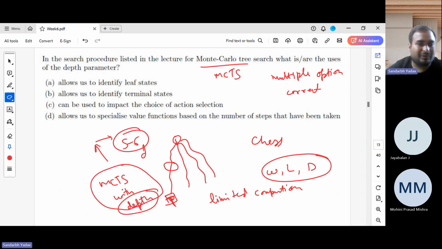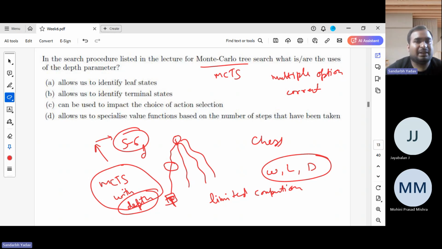In a similar way, this depth factor was introduced in MCTS. Human beings are limited by their cognitive power. We cannot afford that much computation because chess also has a limit: you have to make your move in some amount of time, so we can only go a few steps. With computers, we can go till the end, but the search space is sometimes so big that it becomes infeasible to search till the end. So we introduce this depth factor to save our computation power, and also to give the answer in the stipulated time.